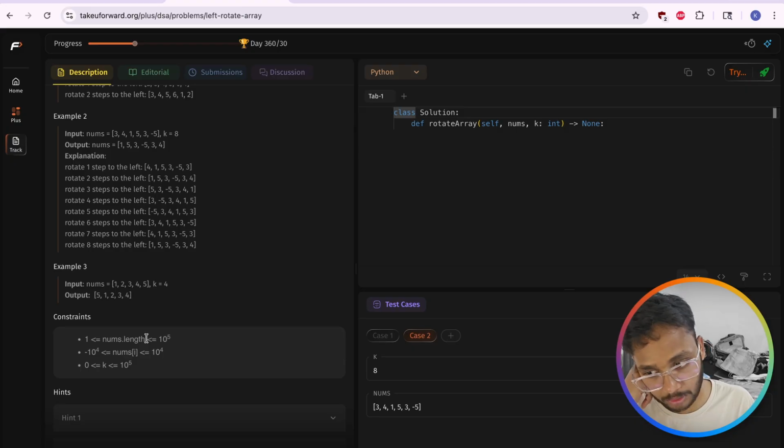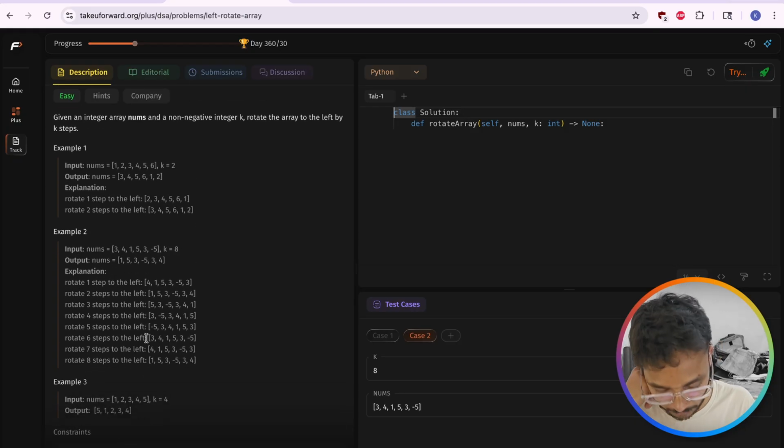Before doing anything, let's note down the example. Okay, this is the second example. Let me take the first example. So we have 1, 2, 3, 4, 5, 6, and k is 2. So basically the numbers will be something like